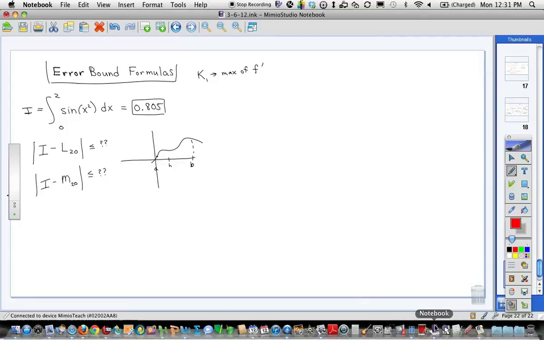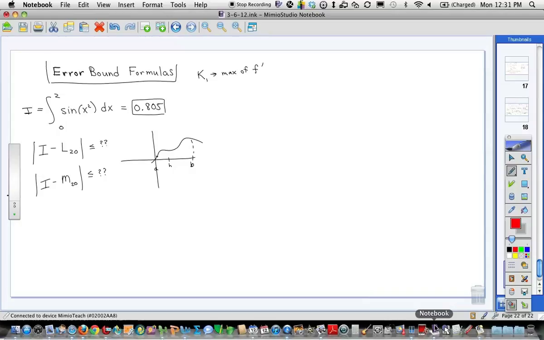Right? The max of f prime. Now, of course, we know how to find a max: list of candidates, do all that. I'm not going to make you do all that. We're going to cheat. We're going to use a calculator. Okay? So the max, we're going to call it K1, the max of f prime, the steepest the slope ever